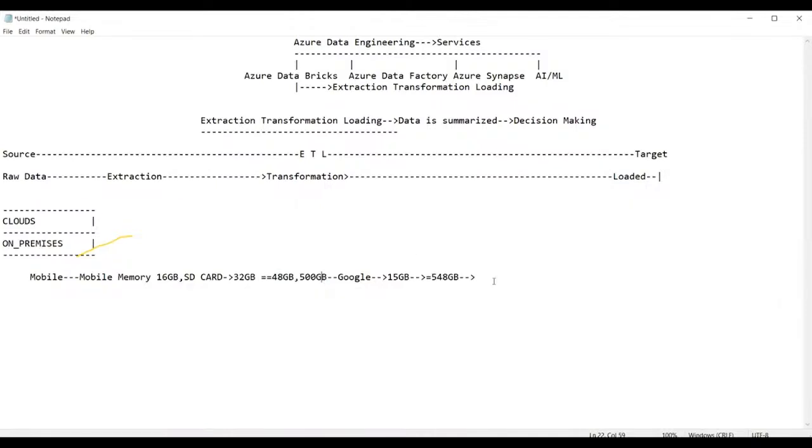Yes, exactly. Very good. So 500 GB, you can recollect by just using the synchronize option. You can log in with your mail ID, enter the password, and in the same way recollect it. But what about the 48 GB? The 48 GB memory is lost with the mobile phone because this memory is called physical memory. Hence I cannot recollect it, whereas the data stored on Google Drive can be recollected.